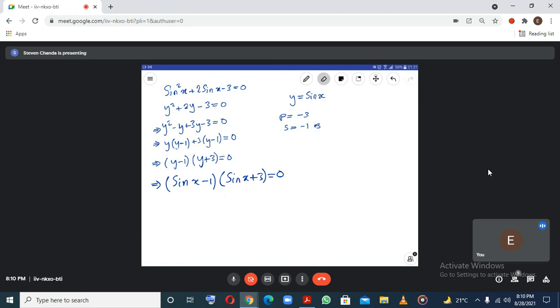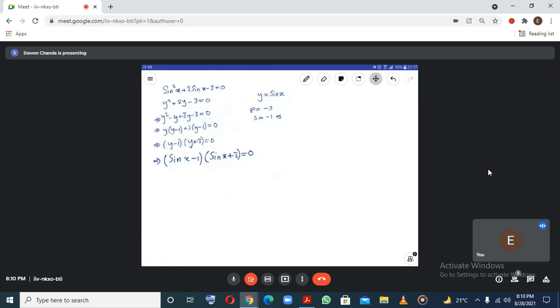Then you're going to break these two and equate them to 0, right? Oh, sorry, I went a little bit ahead of myself. Sin x is 1, then for this other side,